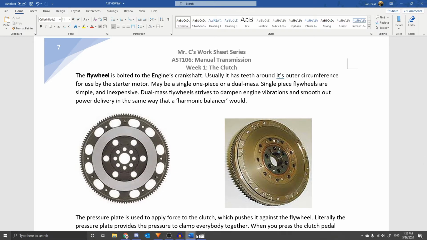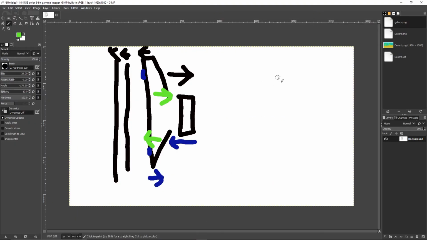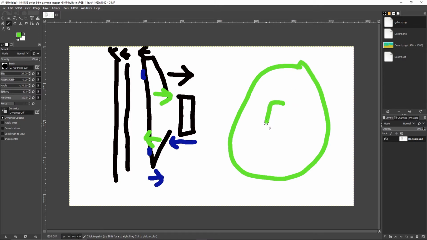Interestingly, though, I have seen several times, this was a GM problem here. Outside of the flywheel, inside of the flywheel, and holes for bolts. Okay, I know it looks like a bagel. It's an everything-on-top bagel, delicious. Okay, so I have seen this happen. We've got bolts in around here for the crankshaft, and we've got teeth on the outside for the starter, right? This will happen on a flex plate on an automatic transmission as well, but since we're talking about it, now it's a bagel with a mohawk. Anyway, outside rings,